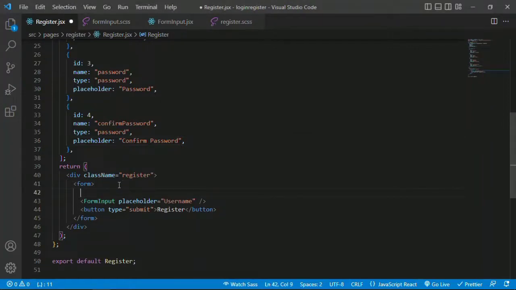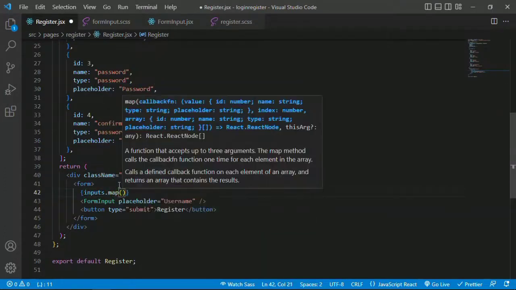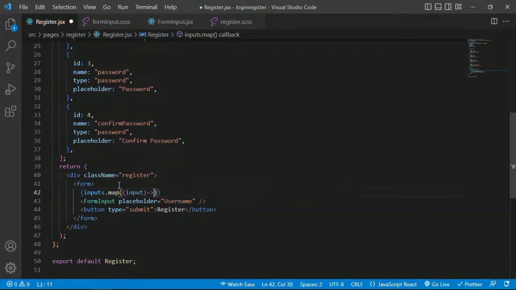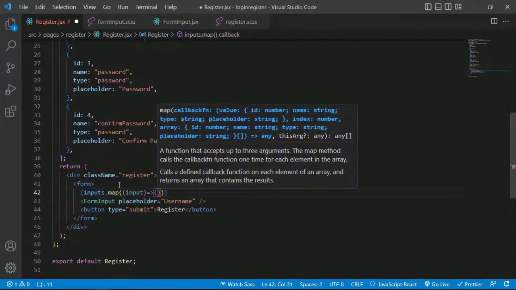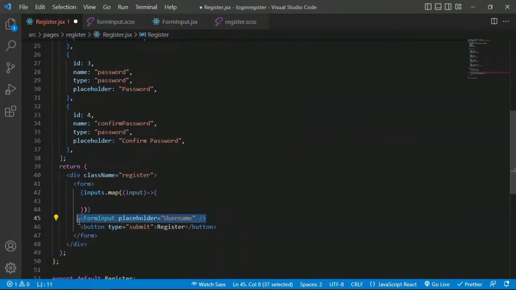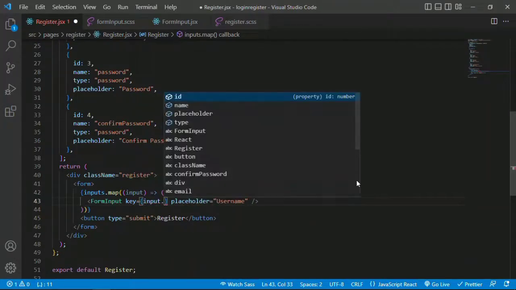Okay, so here I'm going to use my inputs like so. So I'm going to say inputs.map. So for each input, I'm going to render our pass in here these form inputs. Okay, and then here if you're using map, we're going to have our key here. So we're going to say key, and then that is going to be input.id,